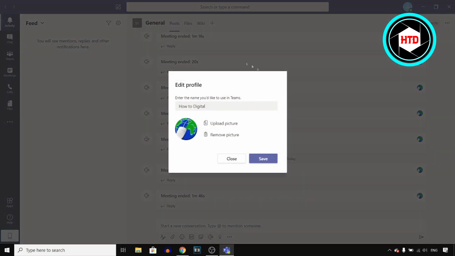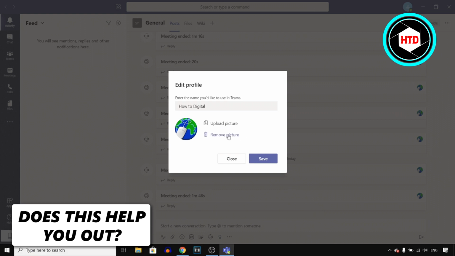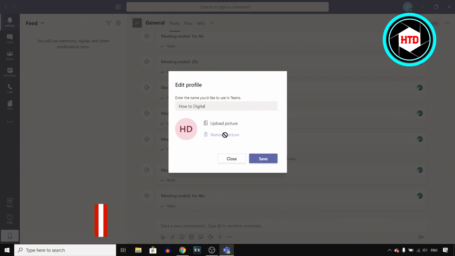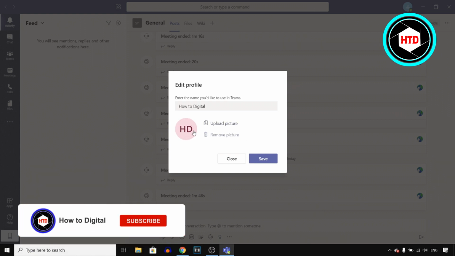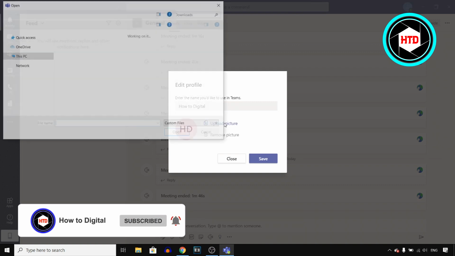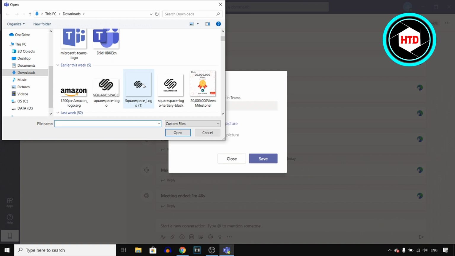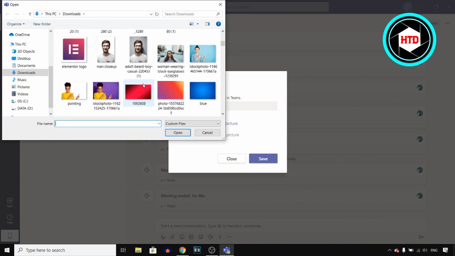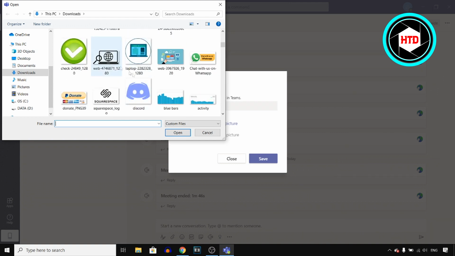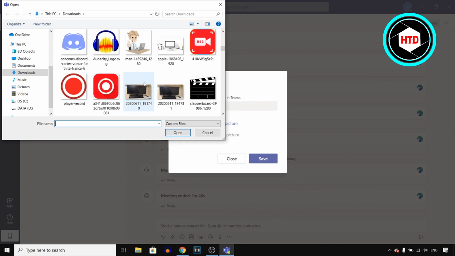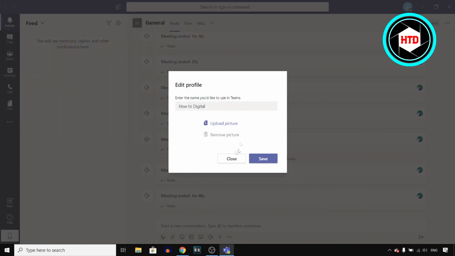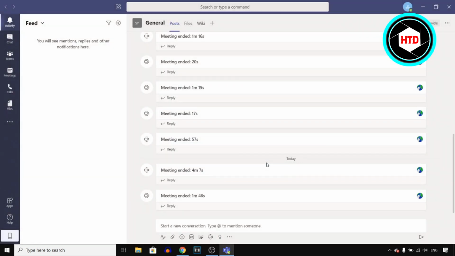It will send you over to this pop-up, and then you can actually change it. So you can click on Remove Picture, which gets rid of your current one, and then click on Upload Picture, and then upload your new profile picture. So this is where you can select your new profile picture. I'll just choose, let's see, I'll just go with this one right there. So open the file, and there you go, click Save, and you've then changed your profile